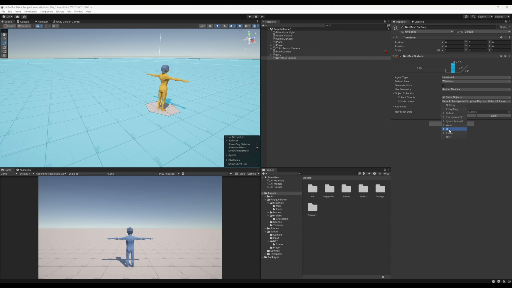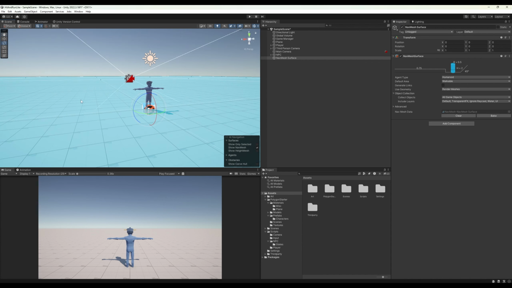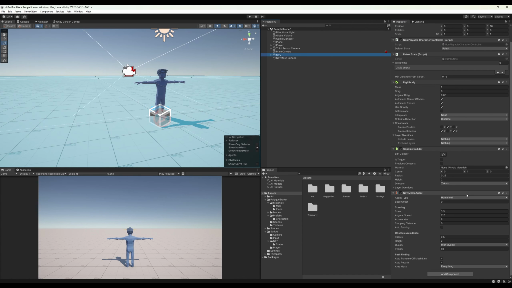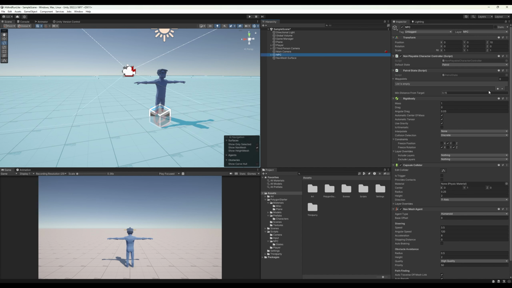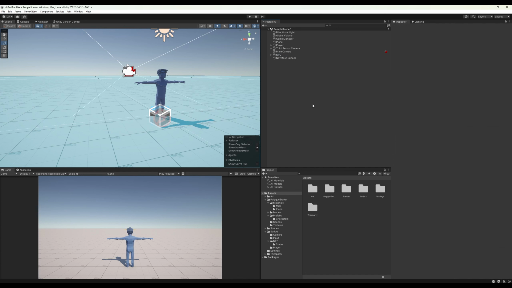Now if we go back to our nav mesh surface, we should have include layers. Let's remove our NPC and our player. And if we bake again, we see that's fixed. Great. Now we're almost there. We just need to add some waypoints now. So let's create empty. We'll say waypoints. Remove this, reset position, and then create empty waypoint 0,